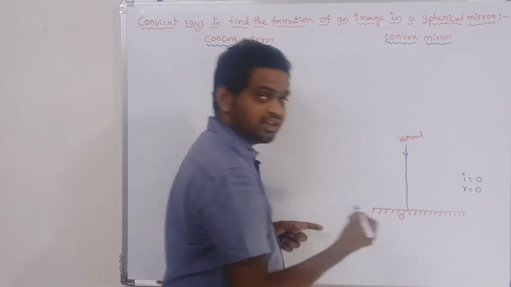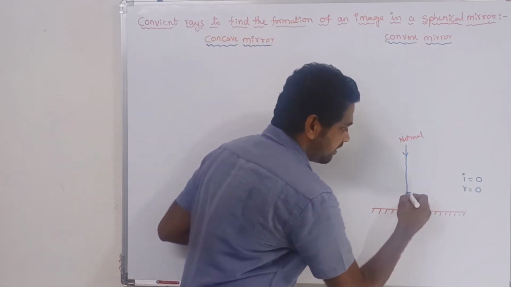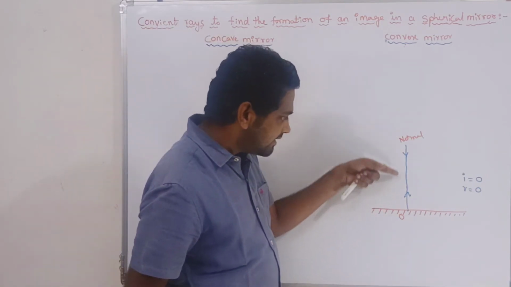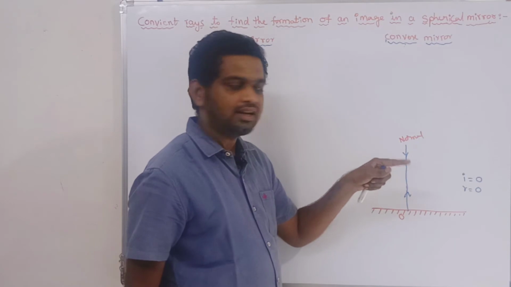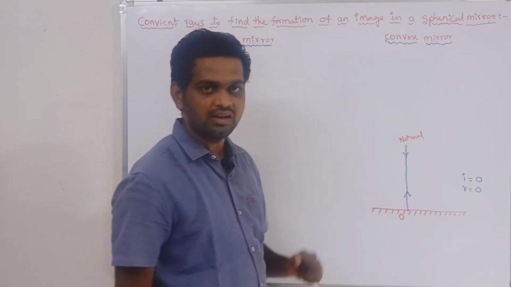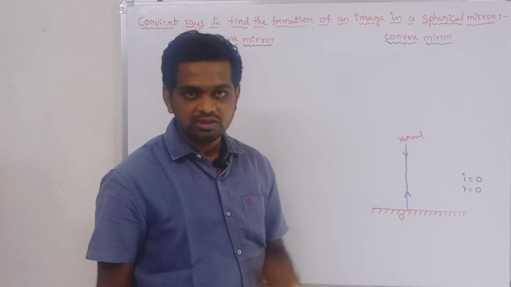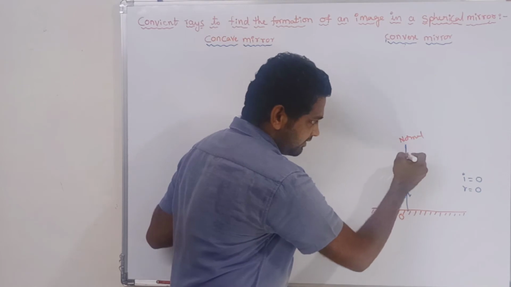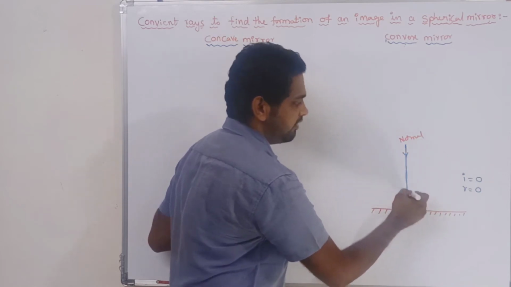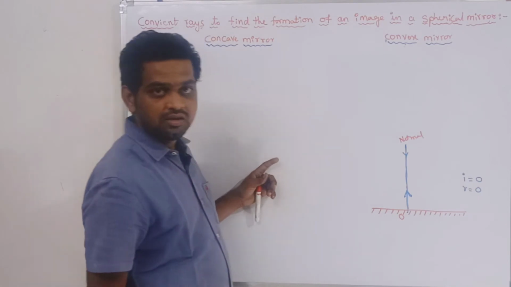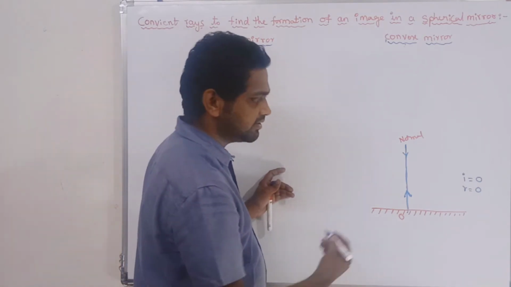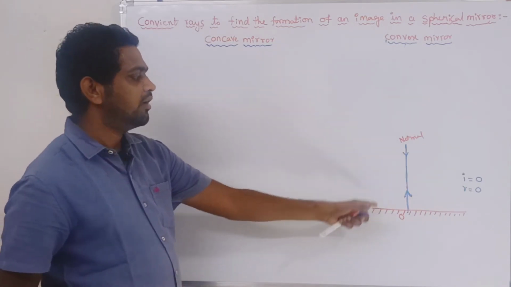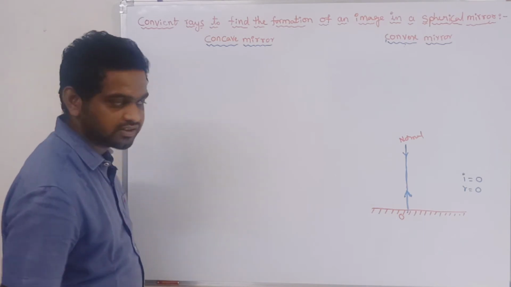So in which direction will you get the reflected ray? Definitely the reflected ray will be in the opposite direction. So when the incident ray is incident normally on the reflecting surface, it will reflect in the opposite direction. Is it clear, children? Is my point clear? When the incident ray is falling along the normal itself, it retraces its original path. This is what we learned from the plane surface. The same thing I am going to apply in the case of spherical surfaces also.